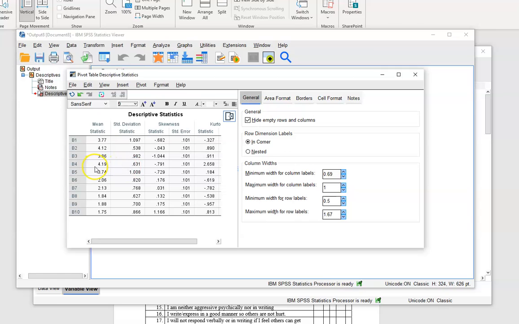In this case, we just report that the lowest mean score is 1.75, from B10, and the highest is 4.19. Now, you don't have to report the skewness and kurtosis, because that will be under normality, yeah. Okay, so based on that,